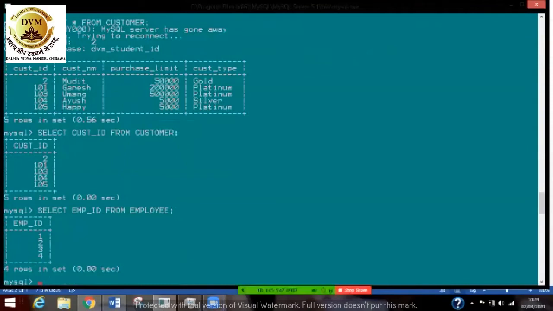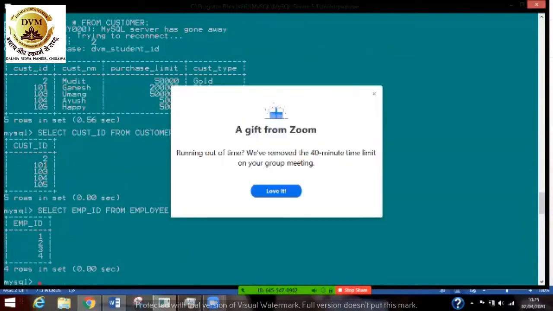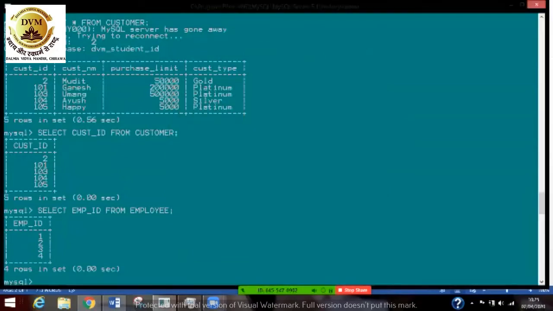The union is combining these two values over here, and it is eradicating the duplicate one. It has eradicated this second one, and the 2 value over here has been eradicated.